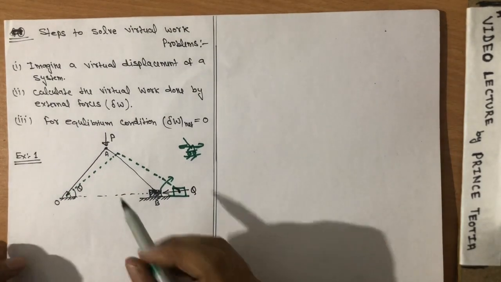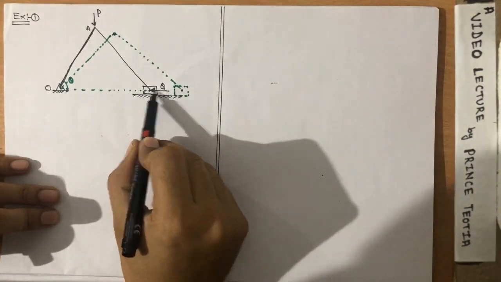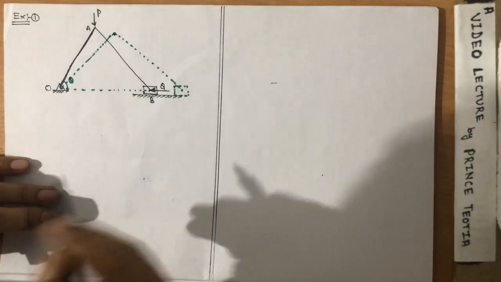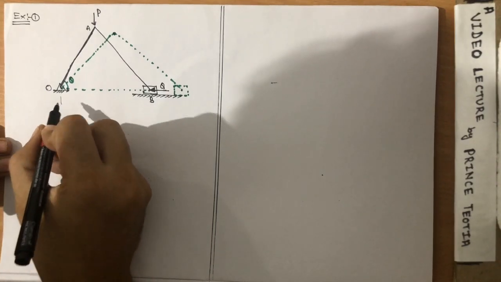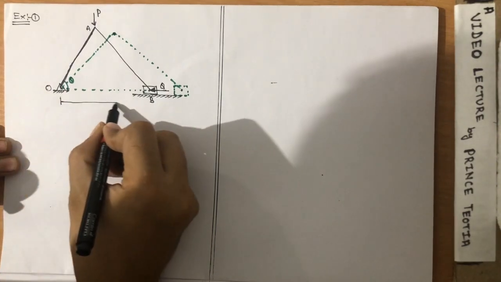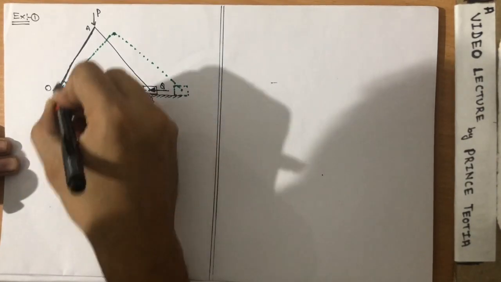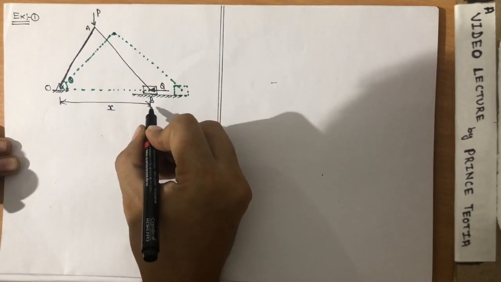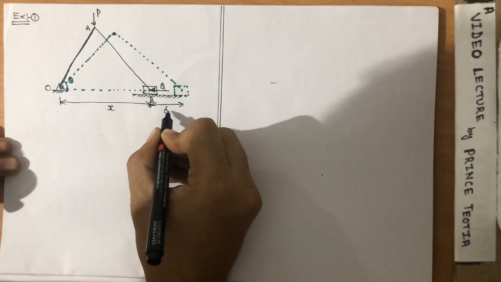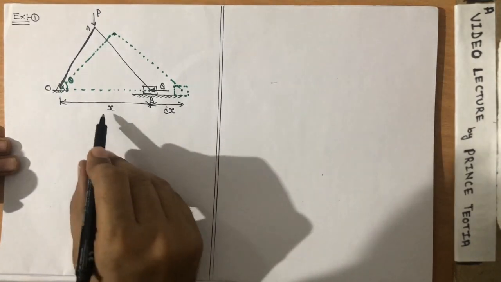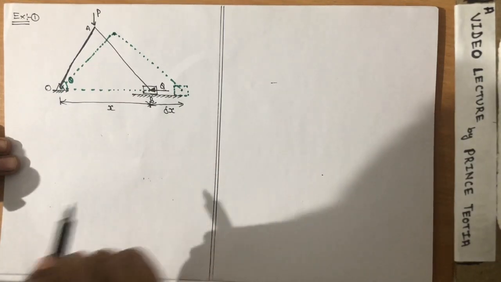This will be the final position. Okay, so this is the final position of the slider. We give the virtual displacement of this slider into this direction. So first of all, assume this is the origin and this is the x for original condition. This is the original condition, this is the x, and we displaced it by a virtual displacement, suppose that is delta x. Okay, because this is x direction, so we assume that is delta x. This is the virtual displacement in x direction.